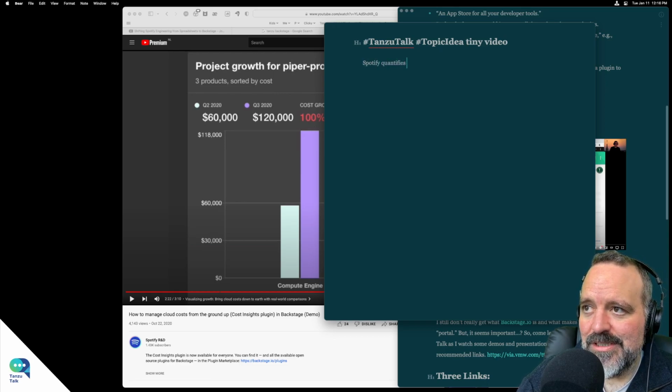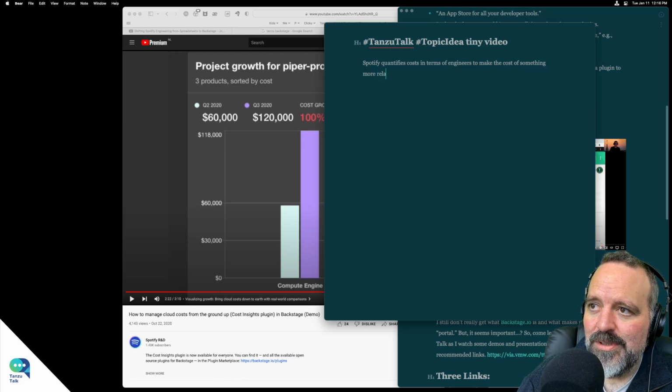Spotify quantifies costs in terms of engineers to make the cost of something more relatable.